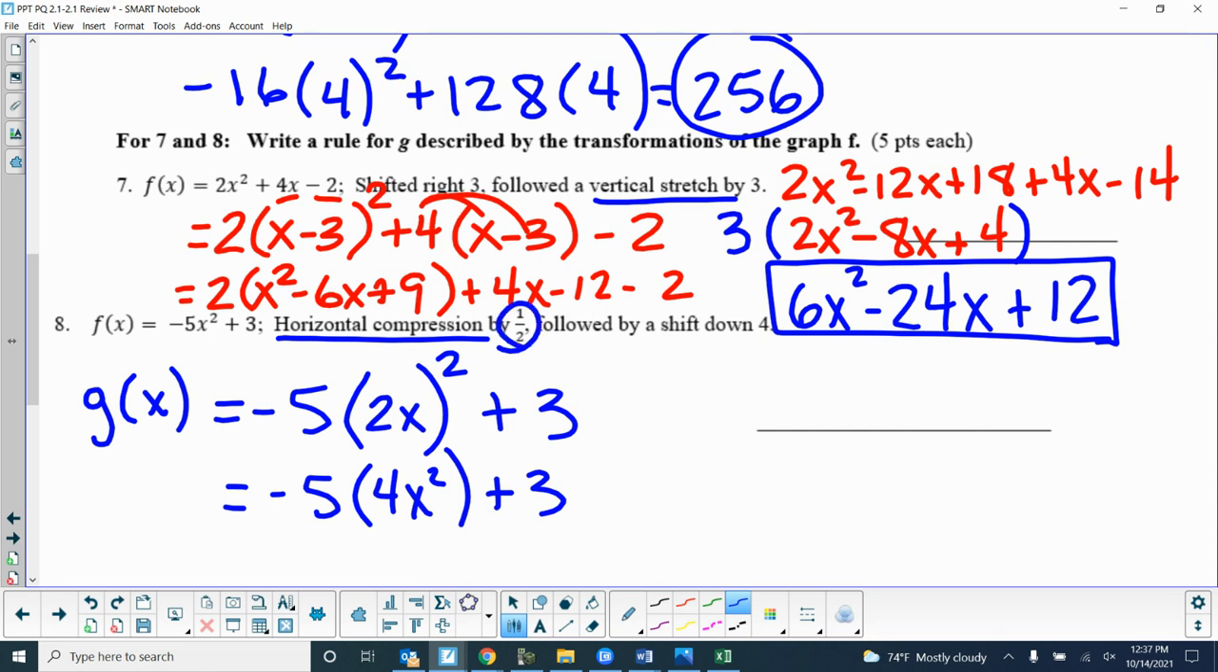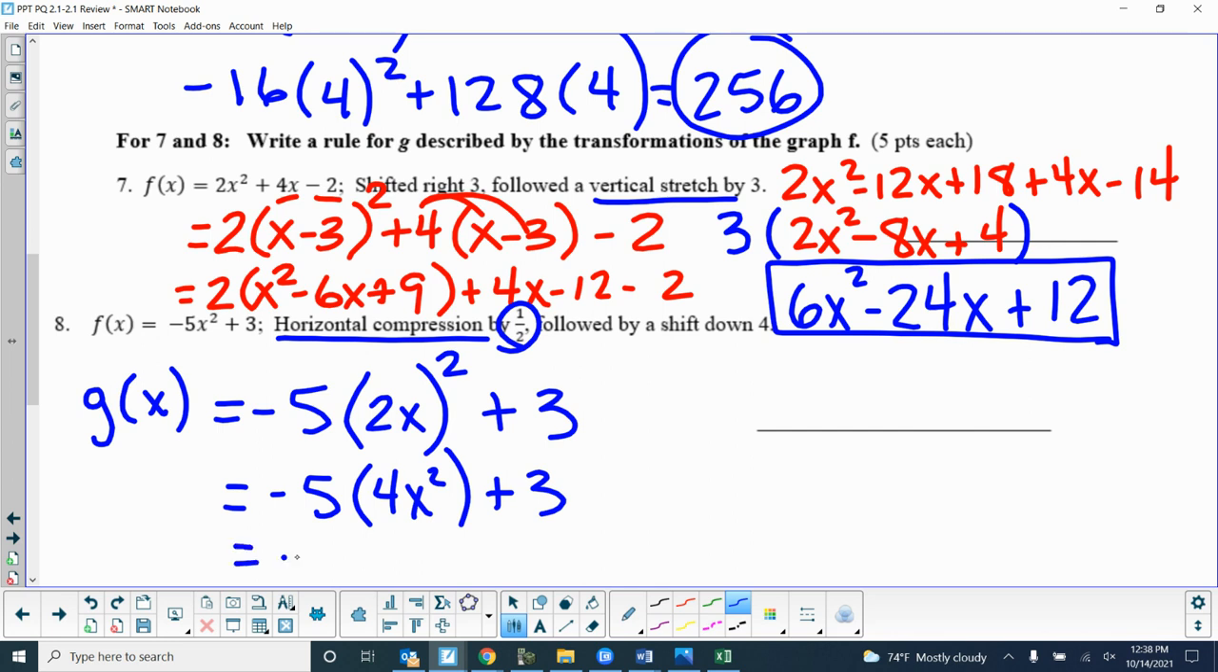When it's horizontal, we always do the reciprocal of the factor. So we flip the 1/2 and make it 2. On vertical, we keep it whatever it was. So the vertical one, we kept it 3 and we multiply the whole thing. Horizontal, we make it the reciprocal and we just go times the x. Wherever we see an x, we multiply by 2. Make it a 2x. Josh, you have a question? Okay. So now,